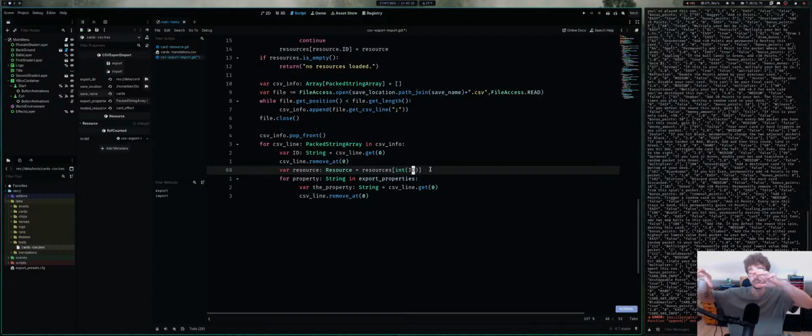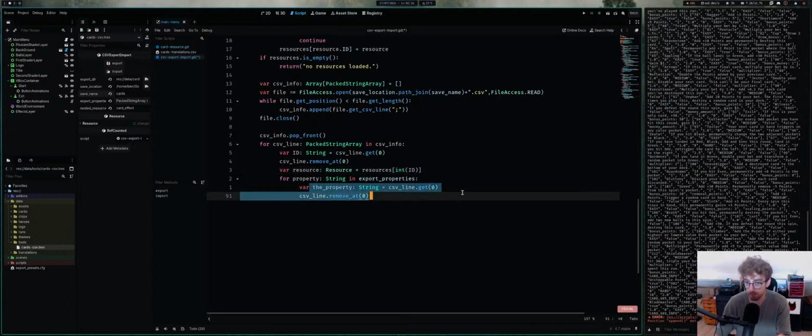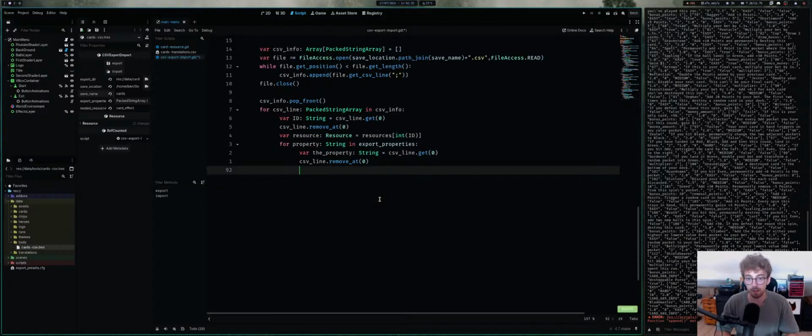So I get my ID, I plug it in, sure. I get my resource. Then I start looping over all of the other variables and putting it in. So I get my property, which in this case will be name, it'll be a string, whatever, I remove it. So then